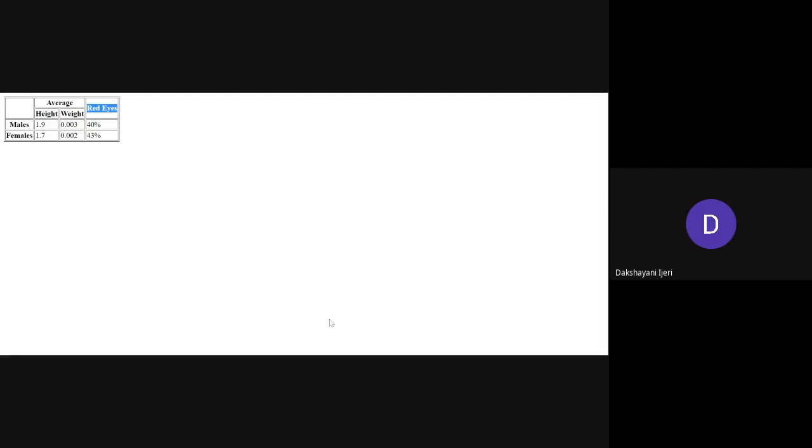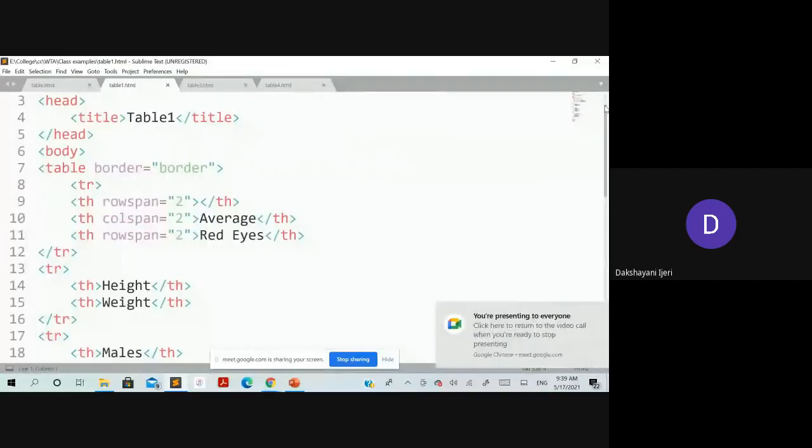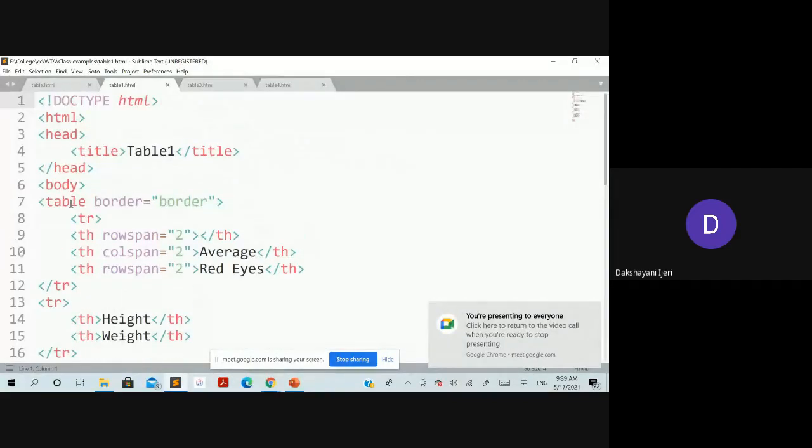Okay, so I'll show you with an example here. So try to remember this table. You can see the first cell of that element was empty, right?